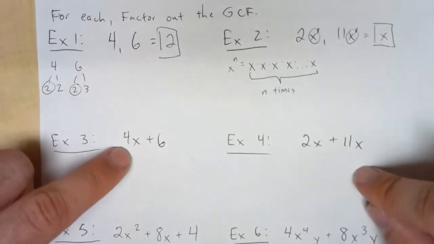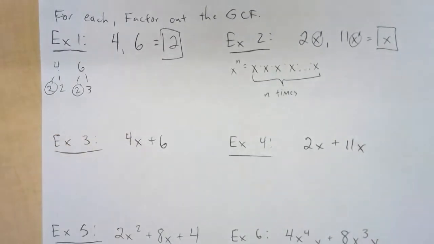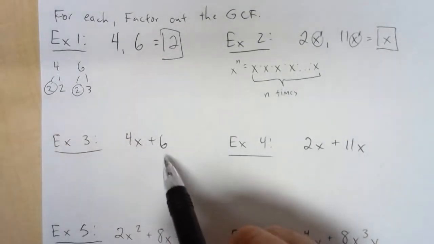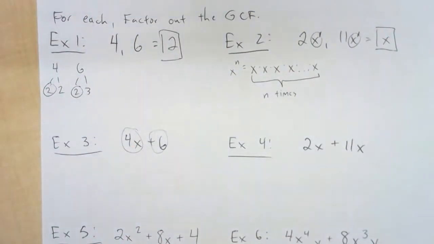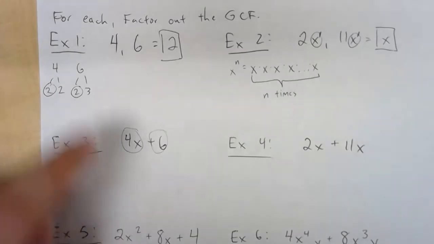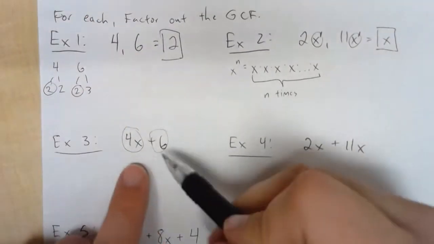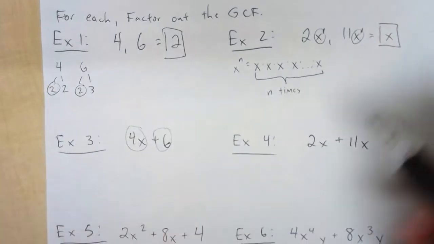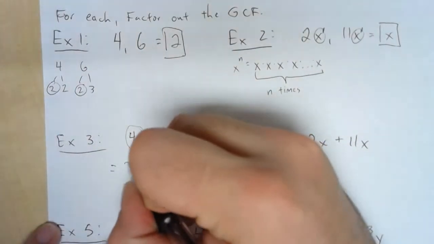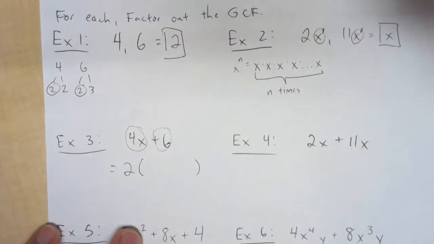But when it's written in polynomial form, we need to do a little something different with it. So we know 4x plus 6. We've got each of these 2 terms. We've got 4x and we've got our 6th term. We know that each of these is divisible by 2 because of this stuff we did up here. We also know that both of them don't have an x in them, so we can't use example 2 over here. So we're going to say that this is equal to 2,